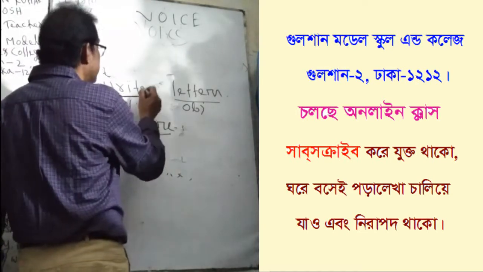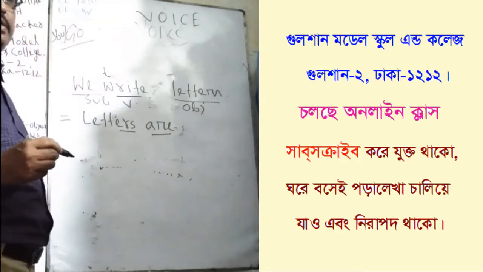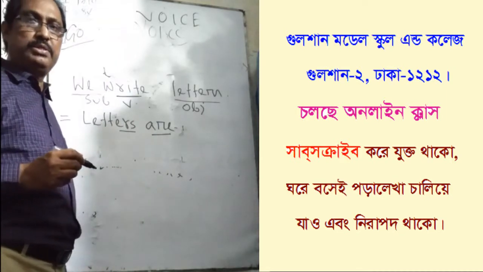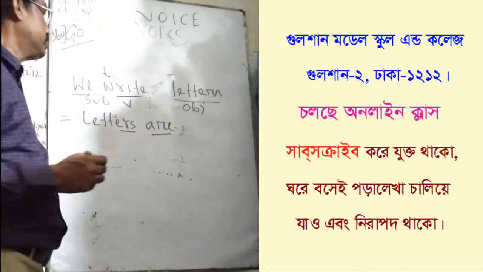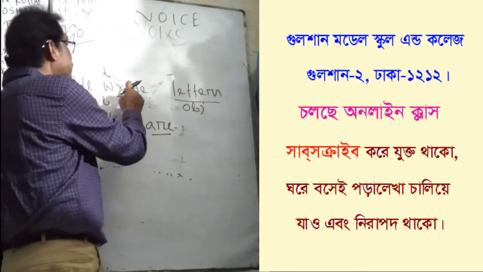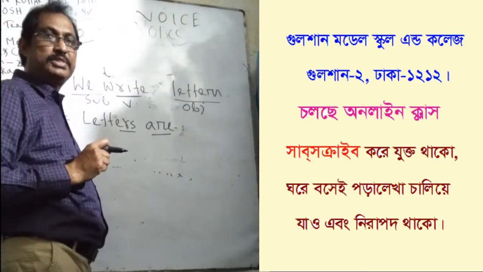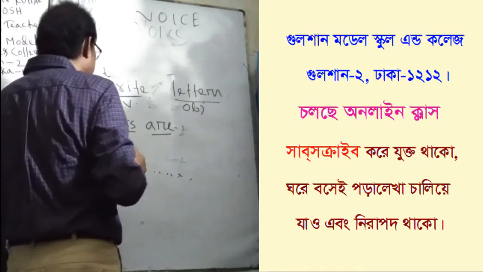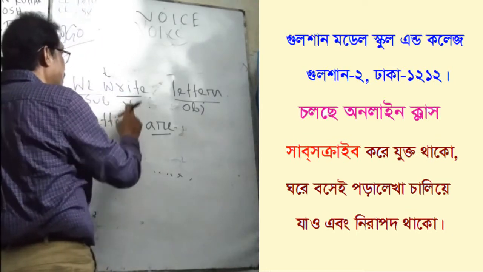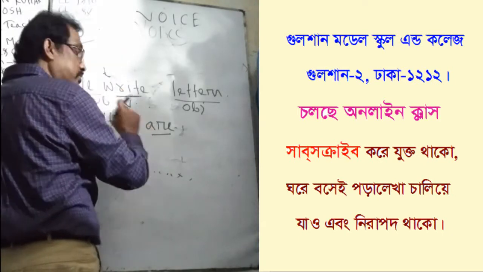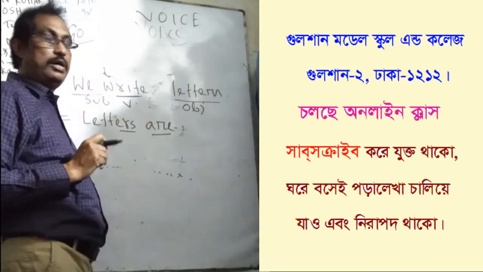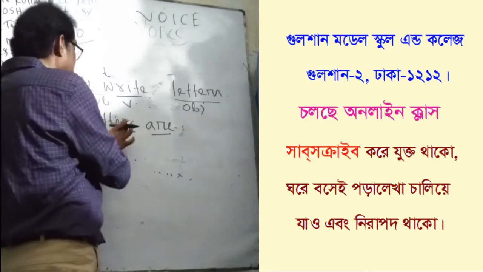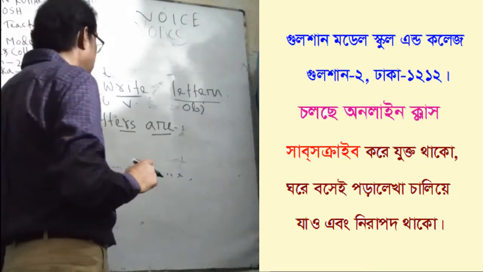If the verb is in present indefinite tense, you see, we write is in present form, simple present. Simple present and present indefinite are the same thing. Letters, if the verb is in present indefinite tense, you have to put am, is, are after the subject. Letters are,